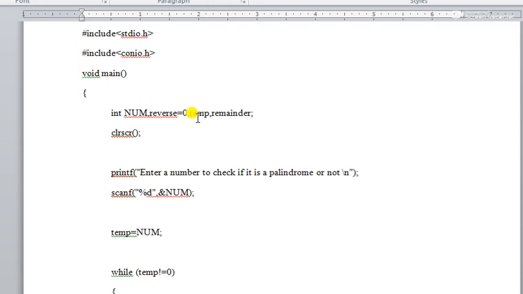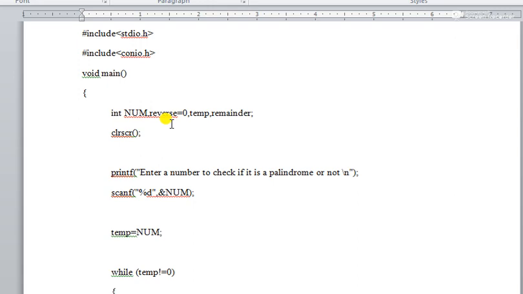Next I will show in tracing why we use temporary, and then remainder. These three variables, temporary, reverse and remainder, are used for processing the data to find the reverse of a given number. After reversing the given number, we have to compare the existing original number with the reverse number.